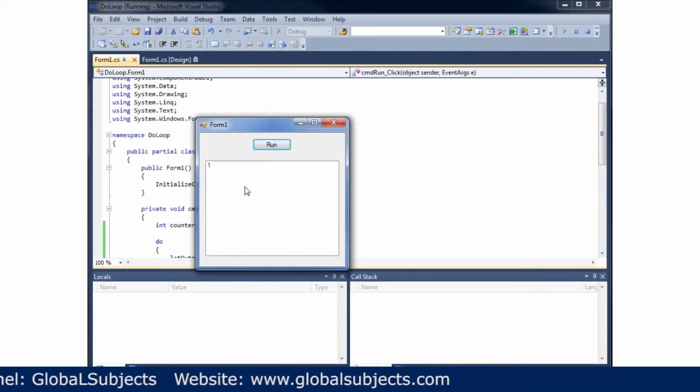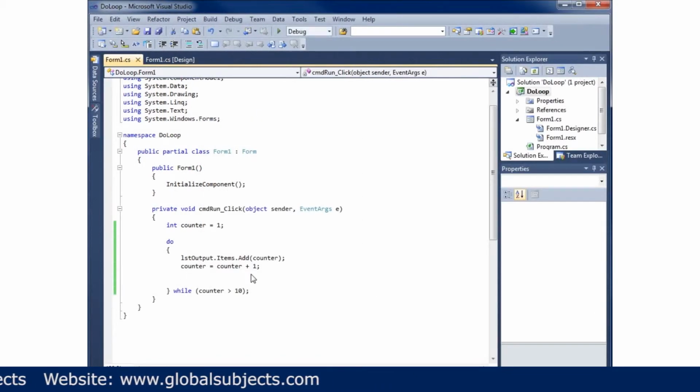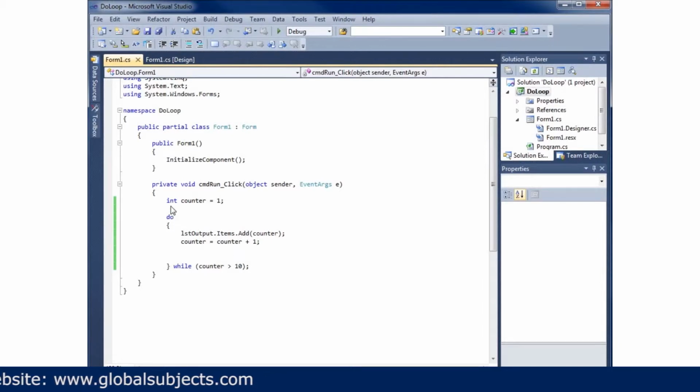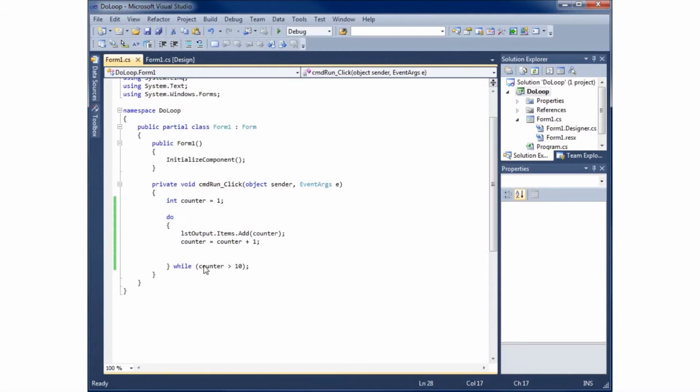And I'll go ahead and hit run, and you'll see it displayed 1. So let's see what we've done here in our code and see what's going on. It says int counter equals 1, do. We're going to go ahead and write our counter, and we're going to say counter equals counter plus 1, so we're incrementing it by 1. And while counter is greater than 10,